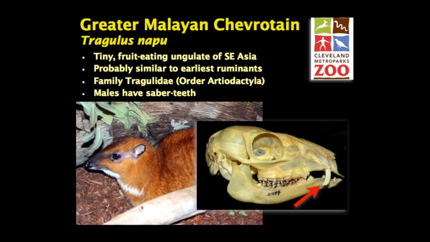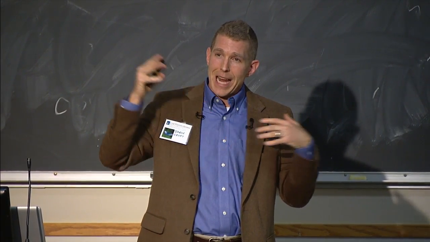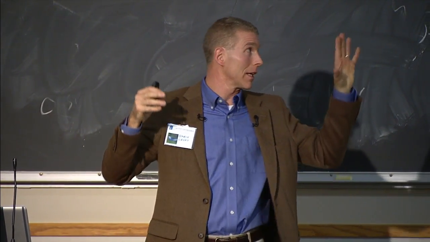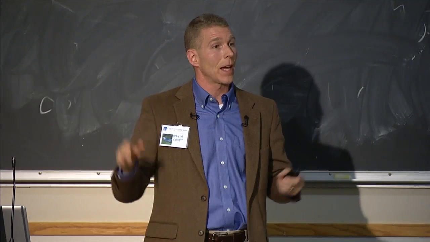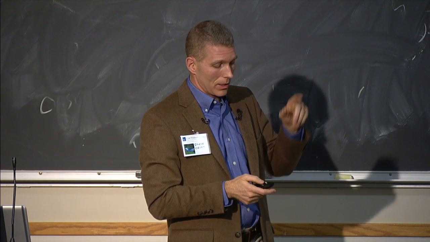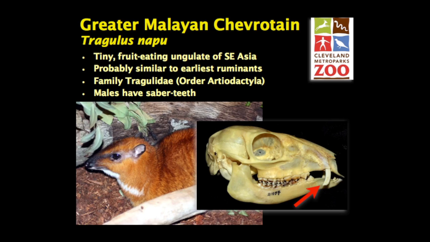There's a relationship between body size and your anatomy if you are a bovid or related to these ruminants. And these small ones tend to battle with sabers, whereas the bigger ones get horns and antlers. And if you take a close look when you're at the zoo, you can see a little white sticking out under the gum, and that's going to be the saber teeth of the male chevrotain.